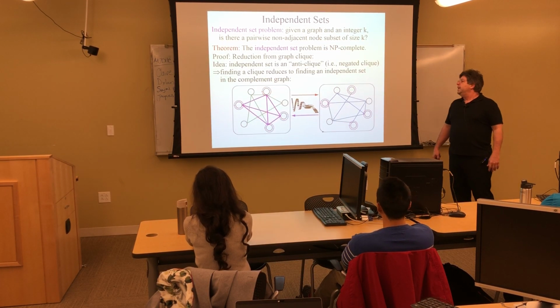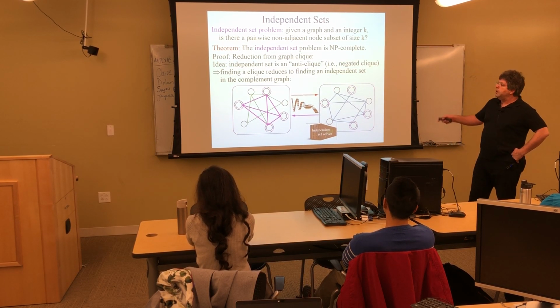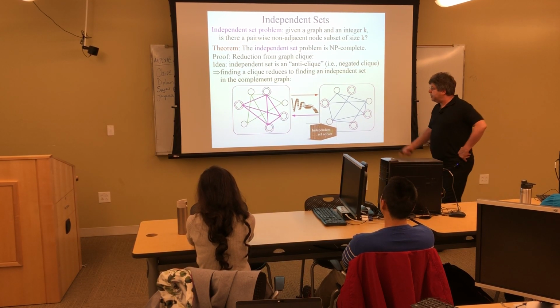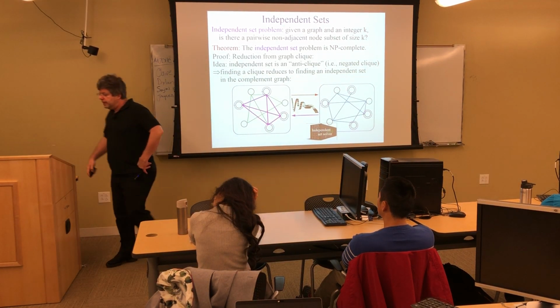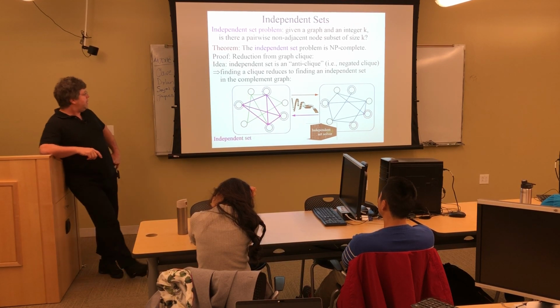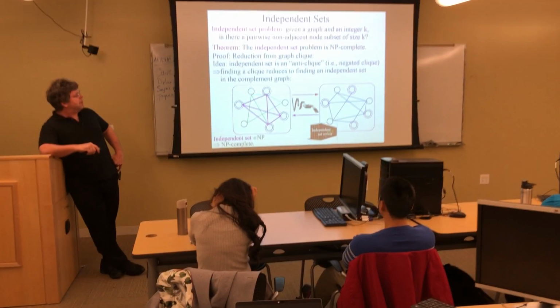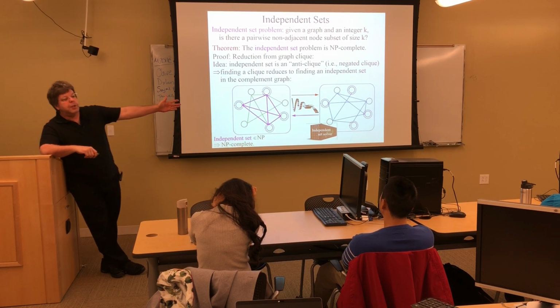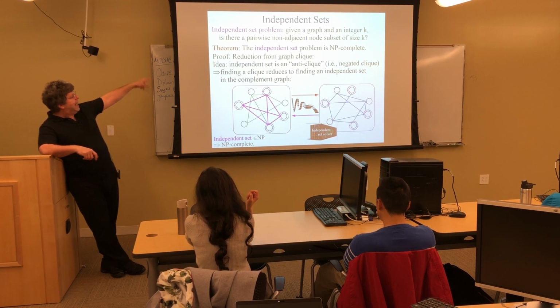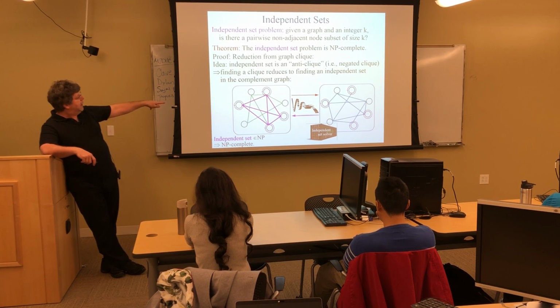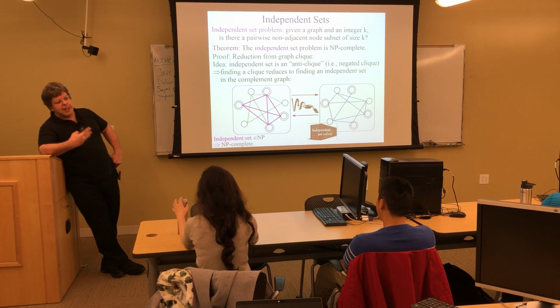Okay. So if you had an independent set solver, you can convert it to a clique solver simply by negating the graph. The transformation here is trivial. The transformation on the last slide was not as obvious, but this one is pretty straightforward. So that means in order to solve clique, it suffices to be able to solve independent set, which means the clique problem would just reduce to the independent set solver, and all of NP therefore reduces to independent set solving, because Cook's theorem reduces all of NP to satisfiability. The last slide reduces satisfiability to clique, and this slide reduces clique to independent set. So independent set is an NP-complete problem. And of course, it's in NP as well, because